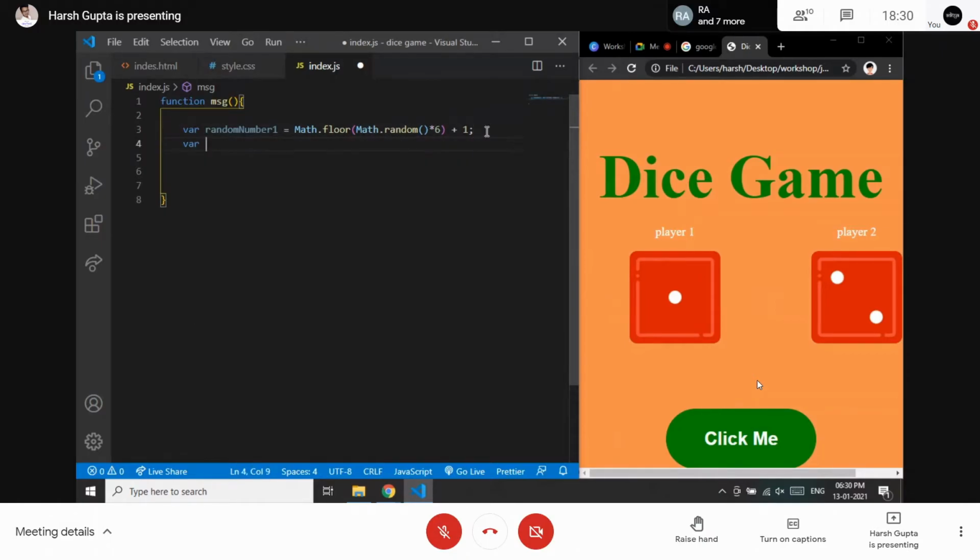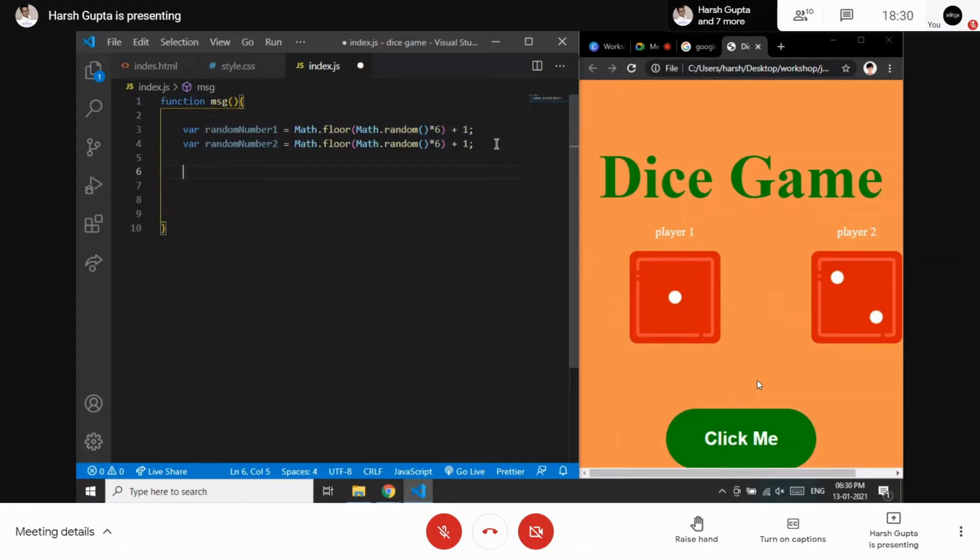We will be creating another random number for player 2 as well. So just writing player 2, and let's copy this because the function would be the same. Okay, so we have created two variables with this function. Now we need some conditions, which we learned yesterday in JavaScript.